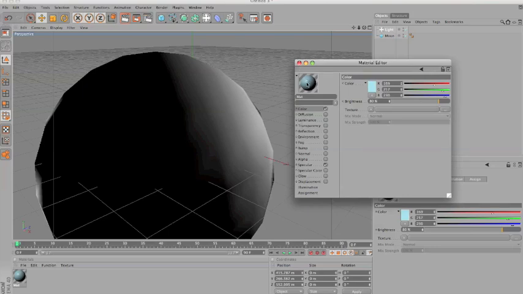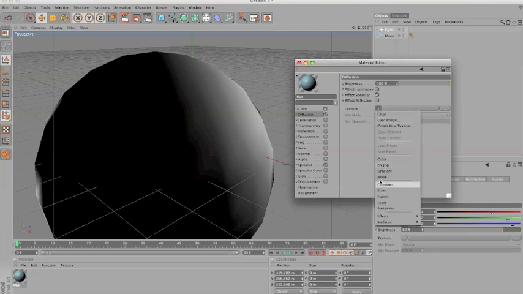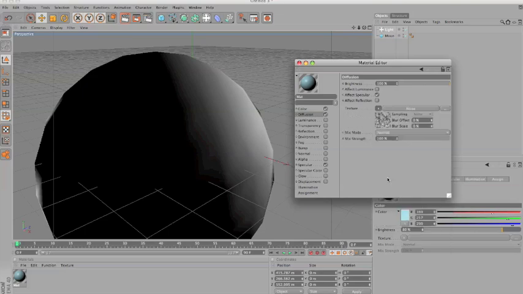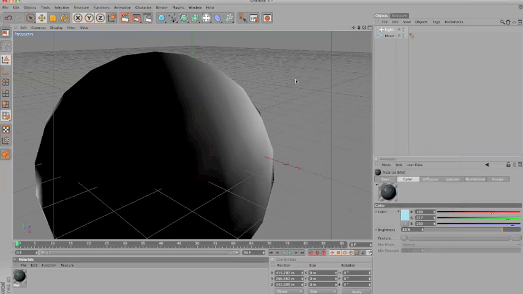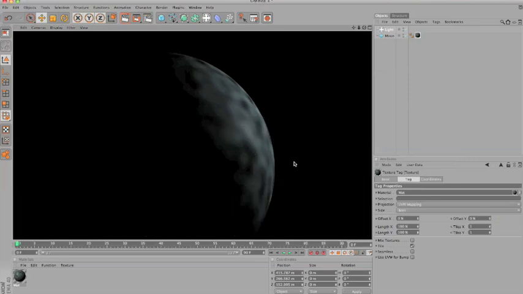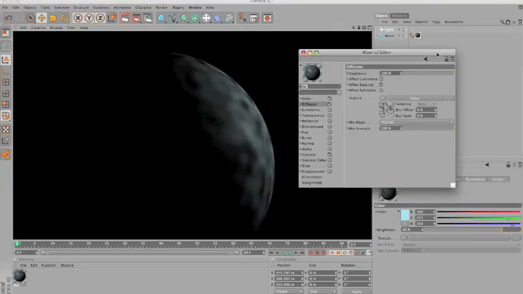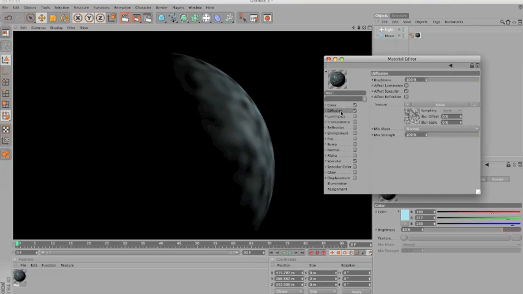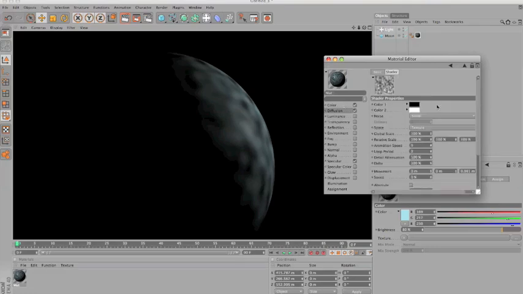Okay, now things are starting to change. We'll go to diffusion and check it. And now we'll go to texture and select noise. And I'll just close it and apply it to our moon and see what happens. So depending on what type of planet you want to create, that would fit, but no way that will fit on the moon. So what you want to do is click on this bar saying noise, and once you do,